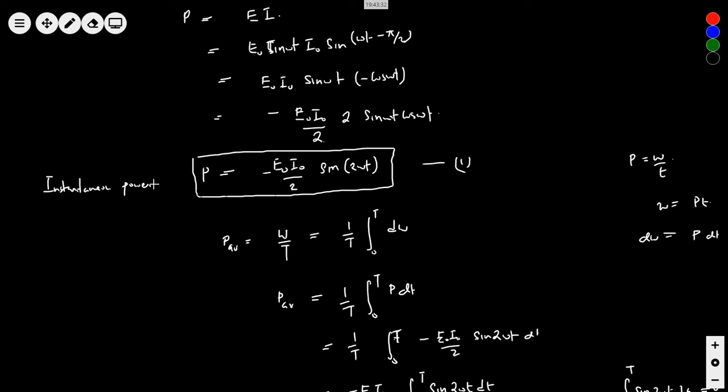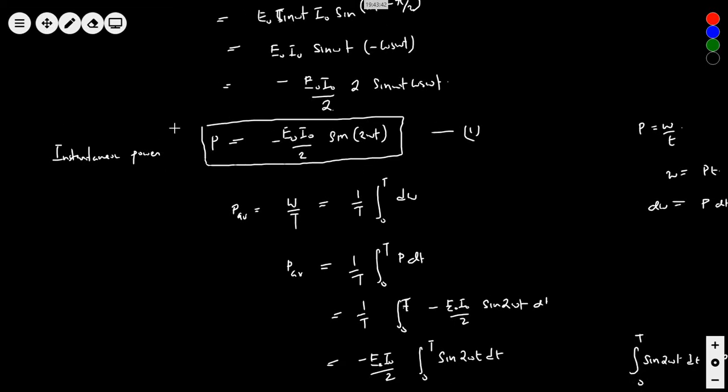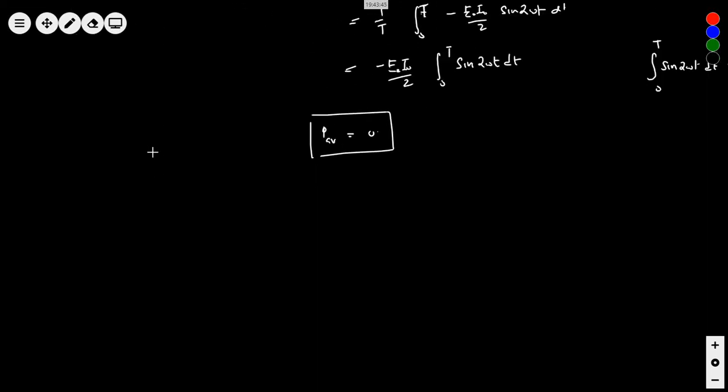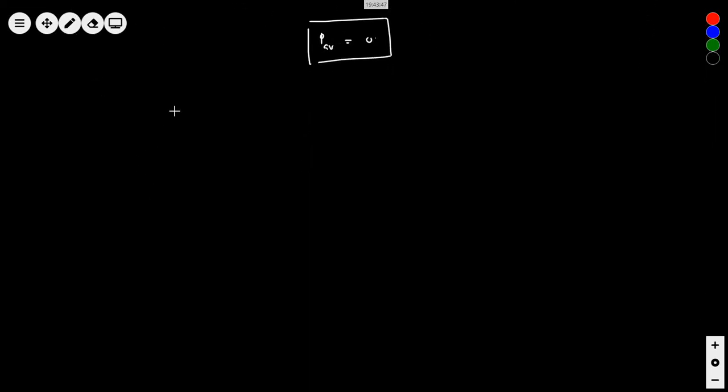Instantaneous power. Got it? So let's try to plot one diagram before proceeding any further. Let us see. What are the instantaneous equations I have got till now for an inductor? We have seen the applied voltage is E equals E naught sine omega t. Good. Then I equals I naught sine (omega t minus pi by 2).